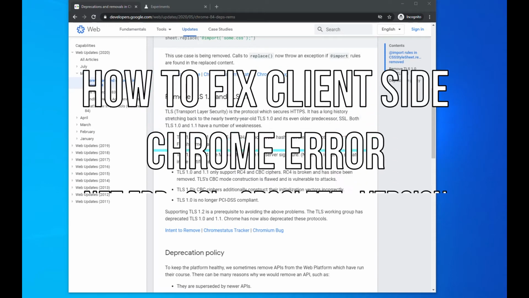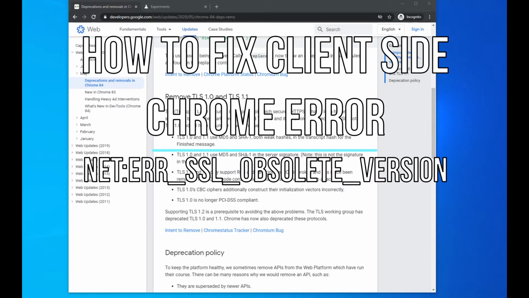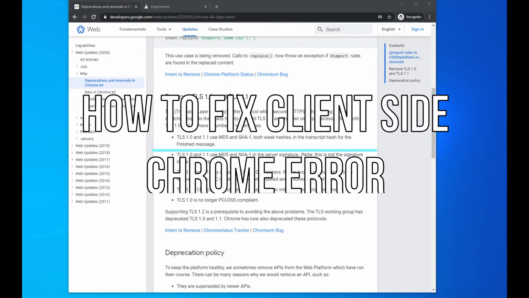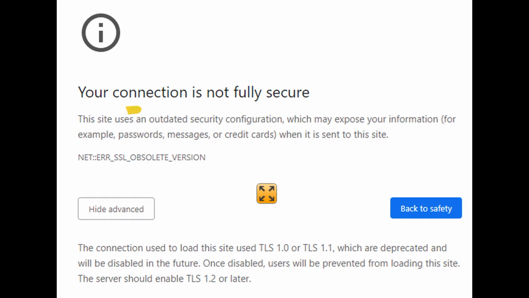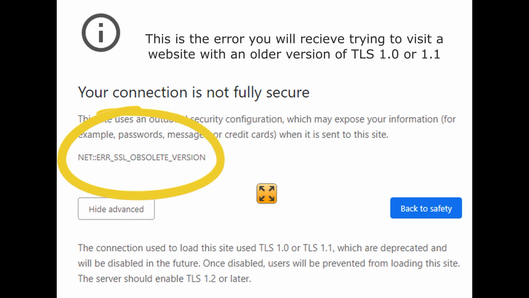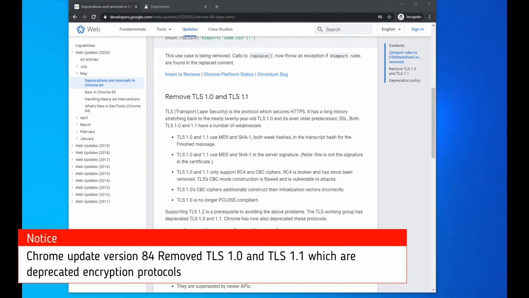So apparently a lot of people have been having issues with this latest version of Chrome since they've removed the TLS 1.0 and TLS 1.1 version. They don't support it. They've removed it out of their browser. There is a way to bypass this, but just to back up a little bit, if you are running